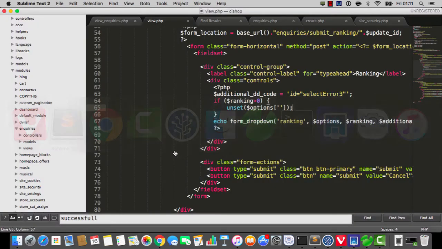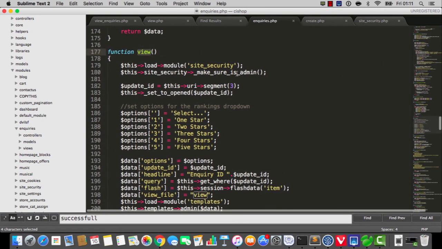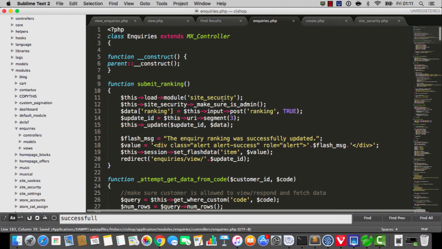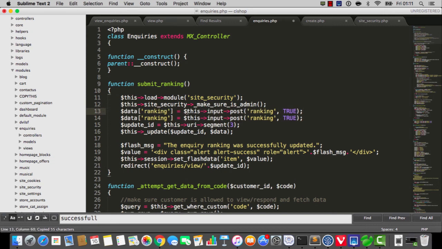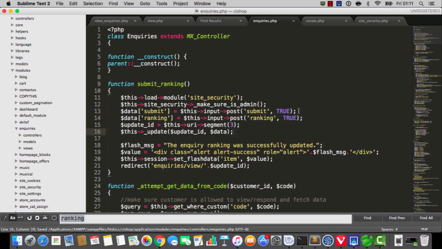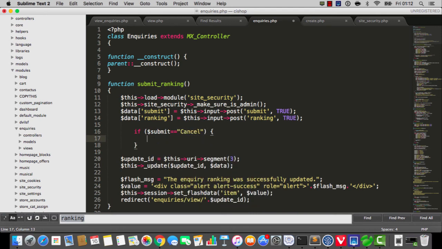Now we've got a cancel button here, and I might as well just chuck in something like this. I'll say something like, and hold on, I need to make sure I've got the right thing. Yeah, here we go. So we're going to say submit is this input post submit, and then I'll do a little if statement. In fact, I'll do it after this line here. And I'll just say if submit is equivalent to cancel, then redirect